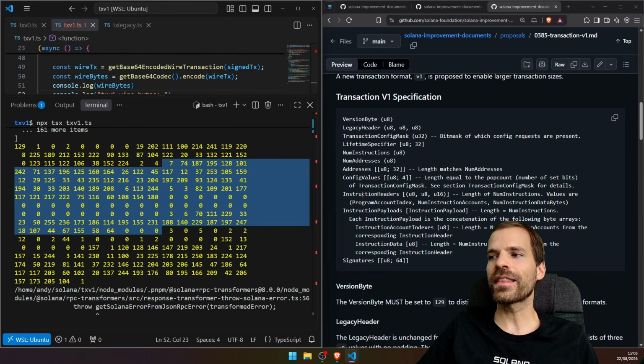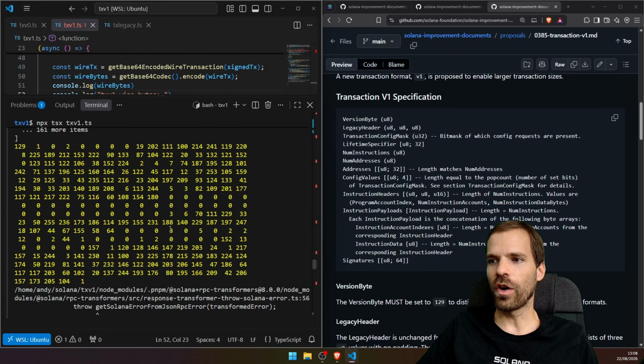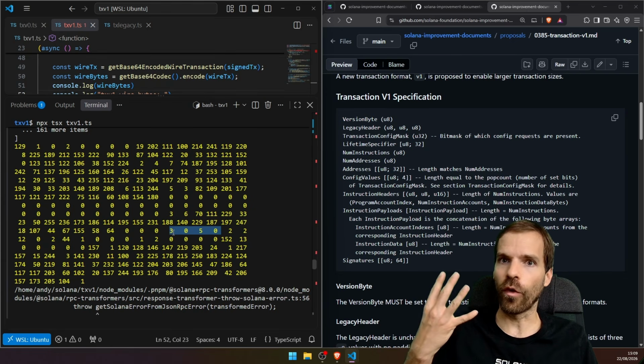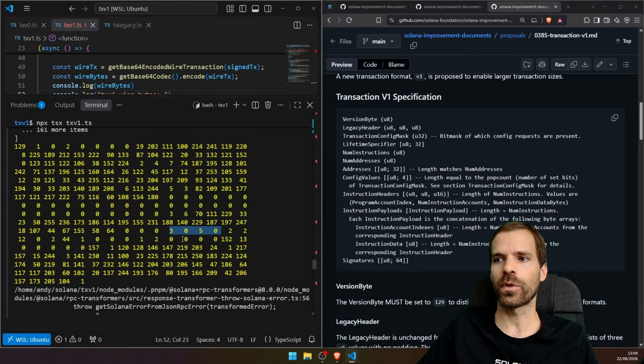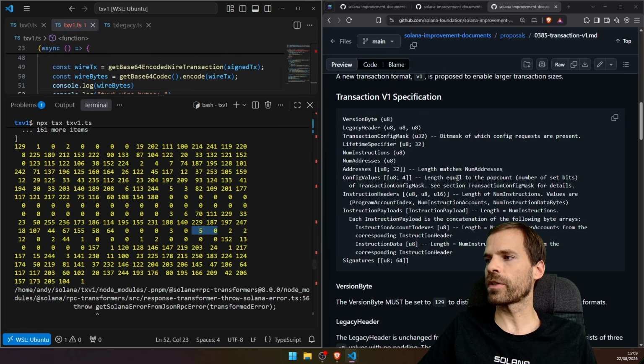And then we already get the instruction headers. We had 2 instructions, so instruction header 1 with a call to the compute budget program, that's index 3, so it was the 4th account, which was the compute budget program. The next instruction is calling program with account index 2, which was the system program, but that was the first instruction. 0 is the number of instruction accounts, so this one takes 0 instructions, and then those 2 numbers that